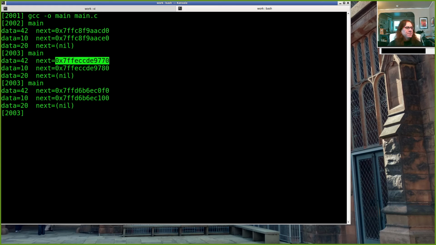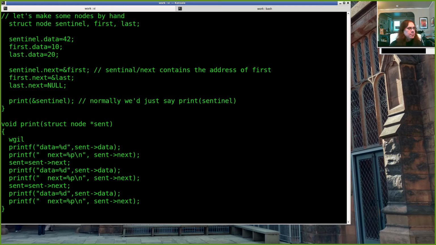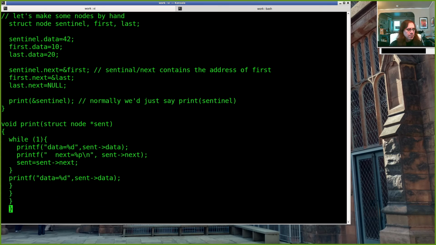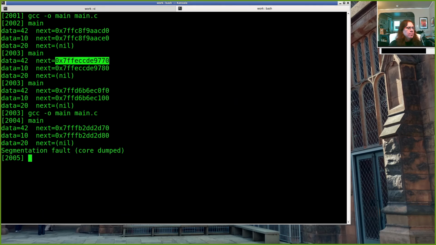All right. Now, if we didn't know that there were exactly 2 nodes after the sentinel, right? What will we do here? Well, we put this thing in a loop. And so it still works until we segfault,